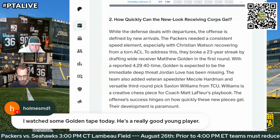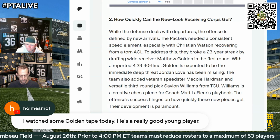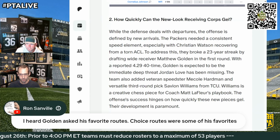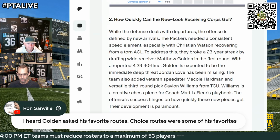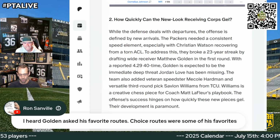I watched some Golden tape today. He's a really good young player, man. He's a blast to watch. Really, really. I mean, as Jordan Love said, in just a little bit of time in minicamp and rookie minicamps that he got to work with him, he said this dude's polished. Ron Sample said, I heard Golden asked about his favorite